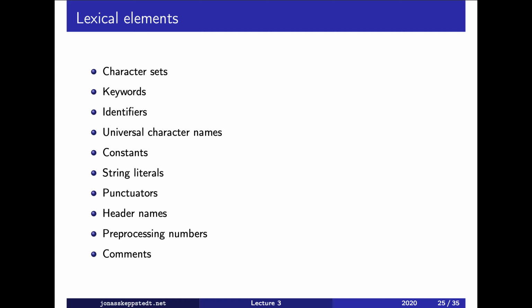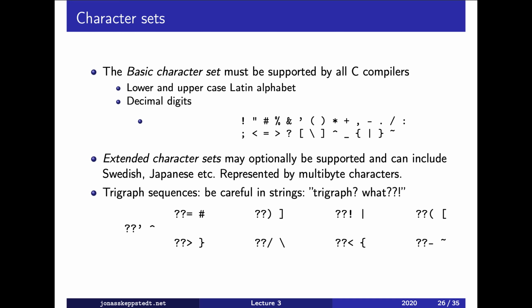The following are the types of different lexical elements. Okay, let's look at one at a time. First of all, which characters are we allowed to use in the source code? All C compilers must support the Latin alphabet and decimal digits and the following